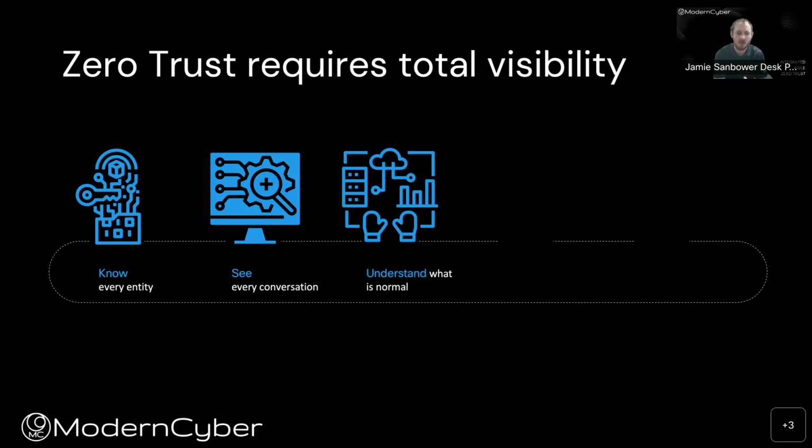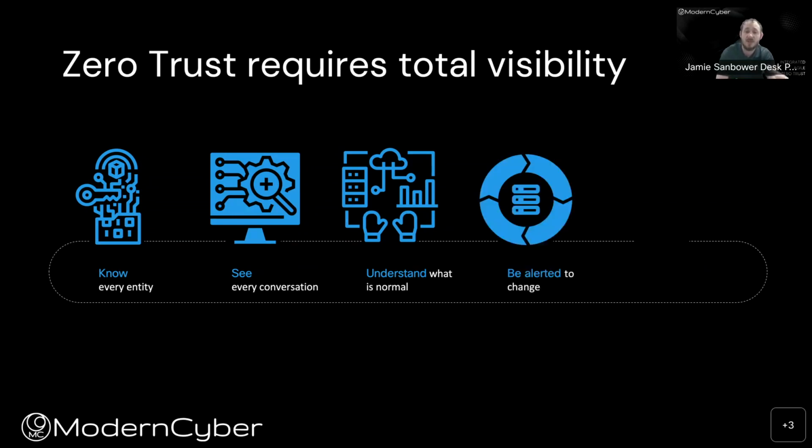What is normal? What is normal for my organization across the last day, week, month, quarter, or even fiscal year? And once I have this baseline and I can understand what is normal, I can start to create the ability for the organization to be alerted to change and understand as things are happening and changing across the environment. If it's not normal for my organization to send 30 gigs to China, I probably don't want to allow that to occur without somebody getting notified.